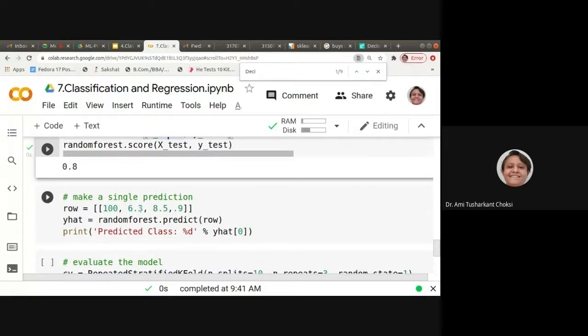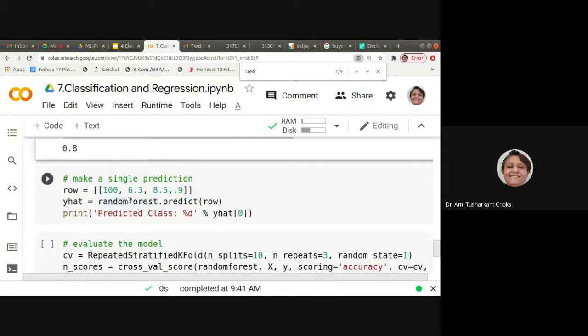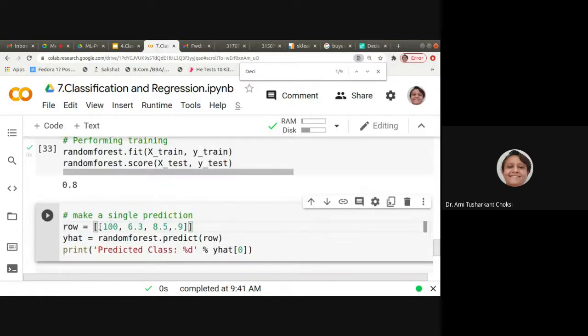Now we want to predict with this random forest object the value of unknown data. The unknown data we are giving is 100, 6.3, 8.5, 0.9, that is mass, width, height and color_score. So we use random forest object dot predict, providing this row. This will give us the label only.